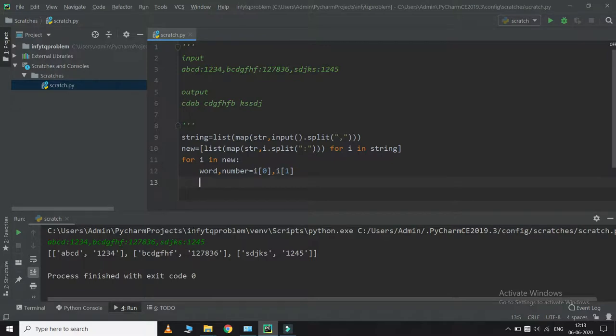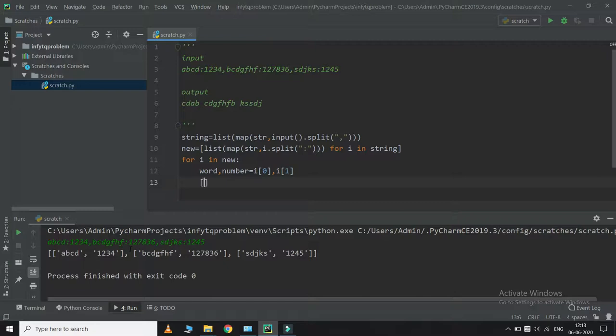Now what we'll do here, we'll check if the sum of all digits square is even or odd. Meaning I want 1 square, 2 square, 3 square plus 4 square, and we'll sum it up and check whether it is even or not.